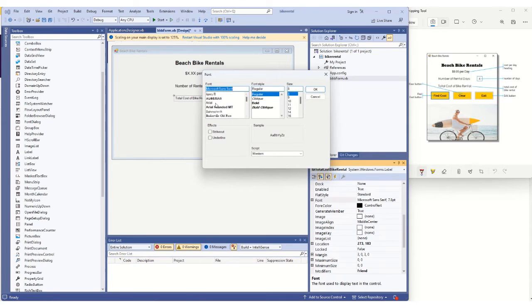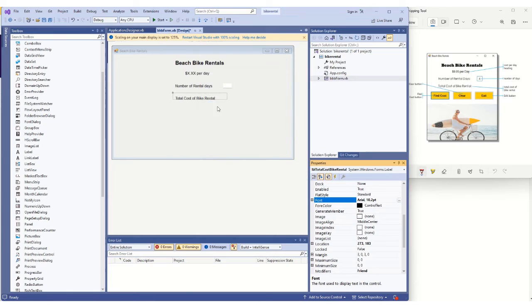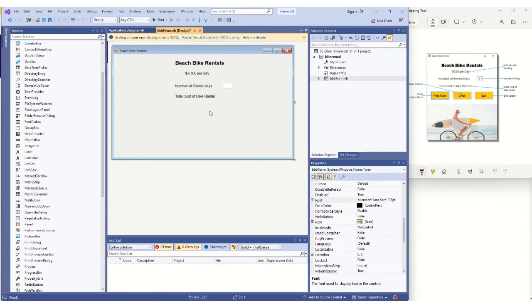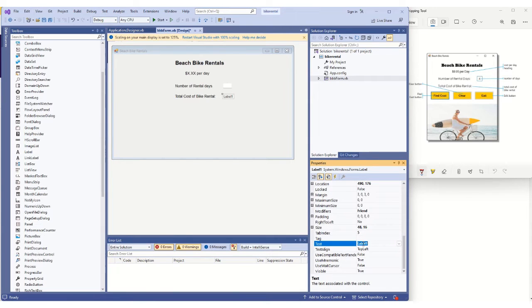So go to Arial and then go to regular, go to 10. That's it. So at this point you need another label which will be the total. So let's go to the label, another label, this one, and call it, let's say this will be